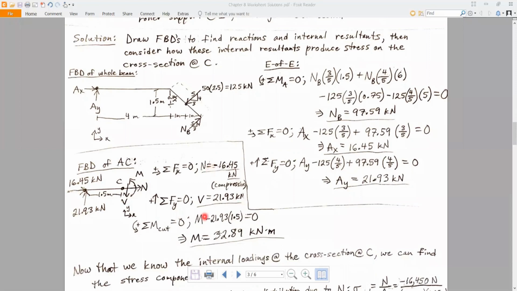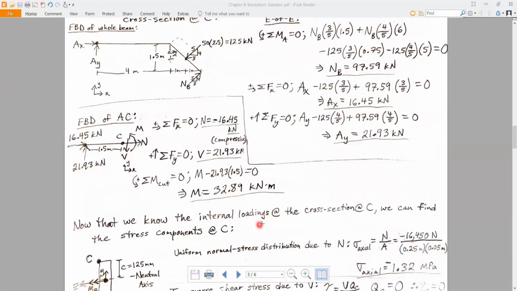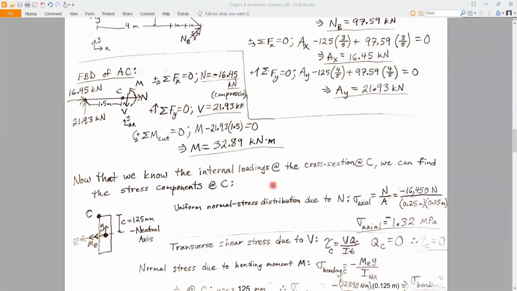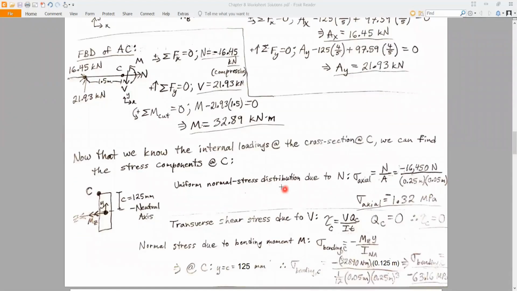Once you've found those three values, we can now actually look at the cross-section at C and look at the stress that's going to be caused by these internal resultants. Okay, so this was all just statics, so that we can get into the mechanics of materials part and do some combined loading. All right, so at C here on our cross-section, I redrew our coordinate axes where Y is